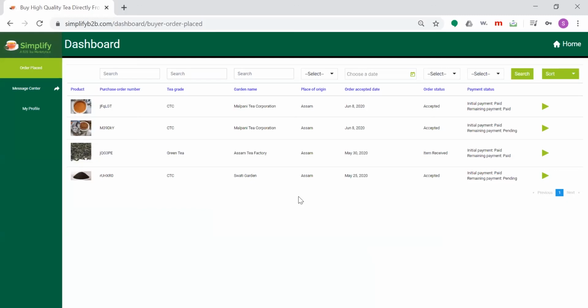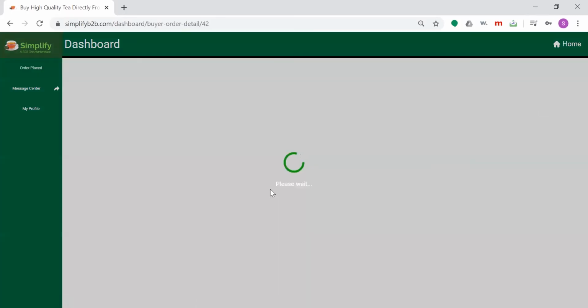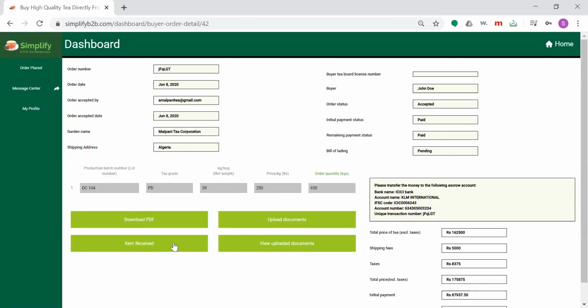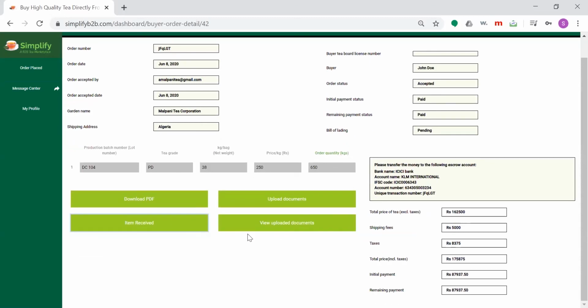So now we have also checked on our backend that the remaining payment has been made, and you can see the remaining payment is complete. So what has happened to date is, first you agreed on a transaction with the supplier, then you transferred the initial payment based on agreed terms, then the supplier uploaded the shipping documents, and eventually you paid the remaining payment. And once the transaction is complete, you can click on item received, and that will tell us that you have actually received the item. And after that has been done, the process is complete.